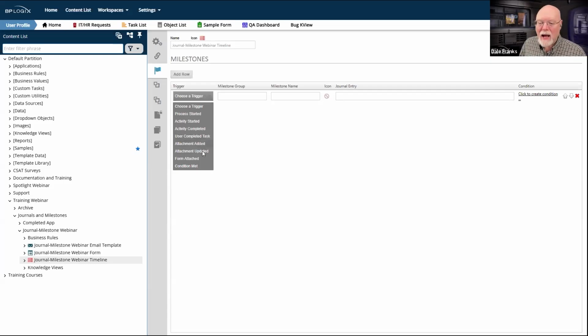Again, I have attachment added and attachment updated. Attachments are tricky, and that's why they have to be both on the form and the process timeline, because you can attach an attachment to either the form or the process timeline. Now, the default in Process Director is to add an attachment to the process timeline instance. That is the formal BP Logix recommendation. That is the default way